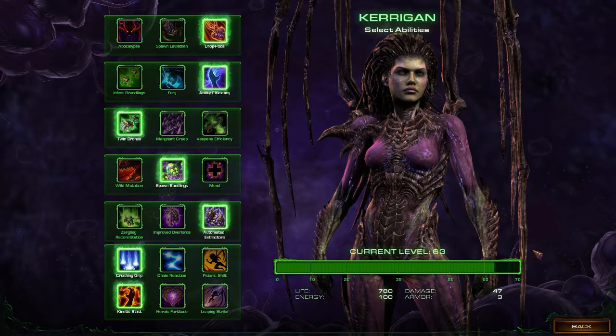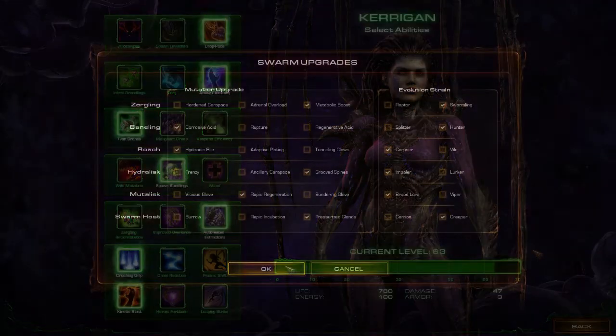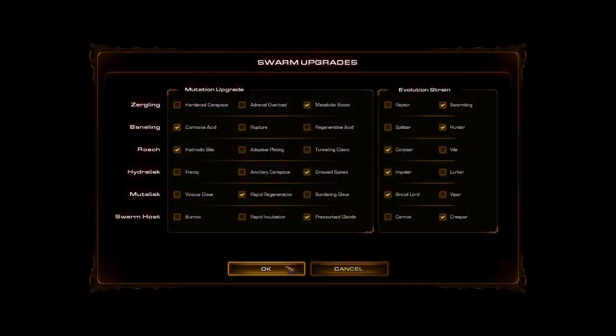So your build for Kerrigan here is not very important. It doesn't matter because you're not going to be able to use her most of the whole level. There's just a couple of passive abilities that may interest you. Twin drones is one I like, and automated extractors. For the army, the only thing I really cared about was banelings, because that's what I'm going to use primarily